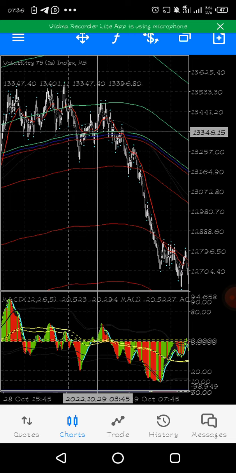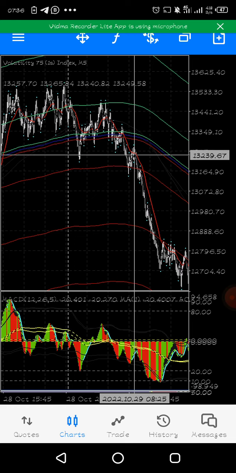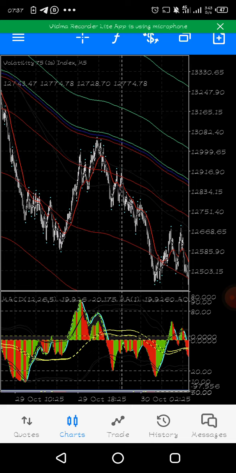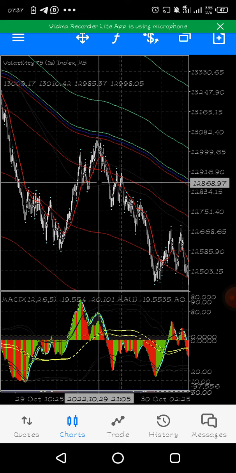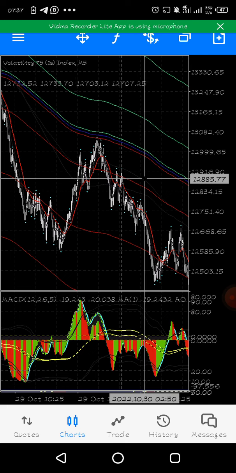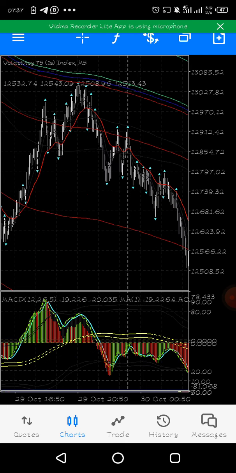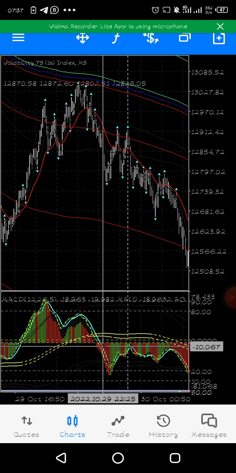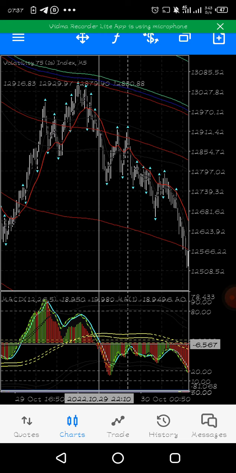If it's breaking my smooth moving average, this is the time to sell. So I'm actually looking for a sell trade around here. So as it pulls back towards the 200 smooth moving average, then once it crosses the 20, I can take another sell trade. And you can see that is when my MACD and awesome oscillator tells me to sell,